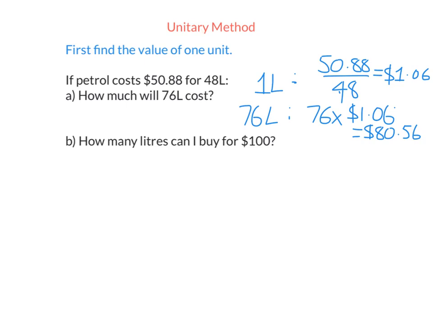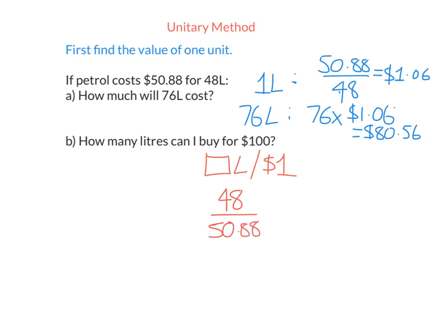So the unitary method is to first find the value of 1 unit. What I'm going to do with the unitary method is I'm going to find out how many litres I can buy for $1. So I do a similar calculation as I did before, I just switch them around. So this many dollars gets me 48 litres. So $1 will get me 48 over